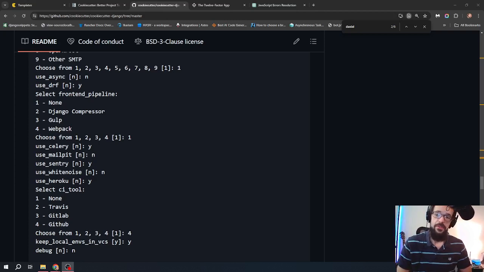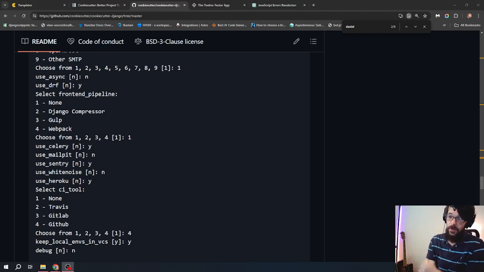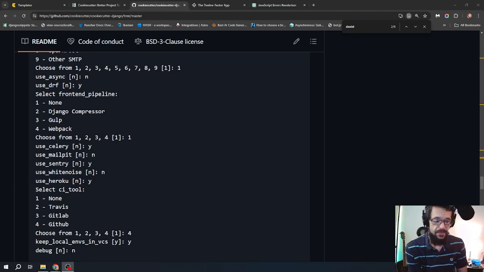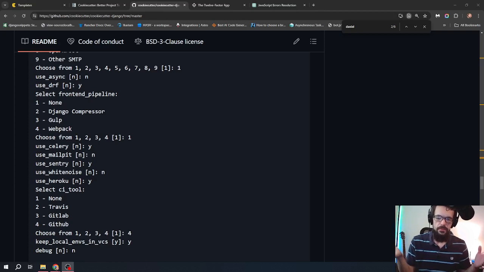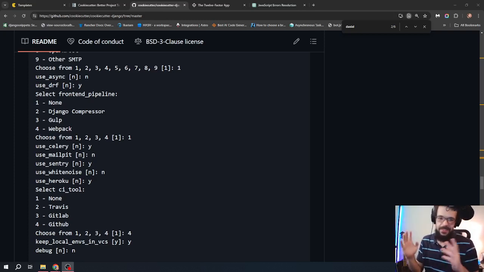There's lots of pretty colors in the terminal when this thing's running. All right, so use Mailpit. I say yes. Now, I don't know what you would do without Mailpit, but with Mailpit, you get at your local development IP address at 8025 a local email, what do you call that? User interface, application, whatever. When you're sending emails locally, all of the emails end up in the same inbox at